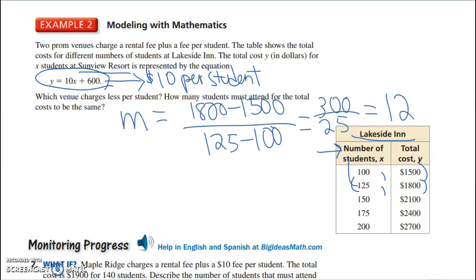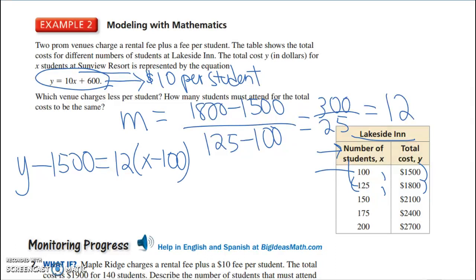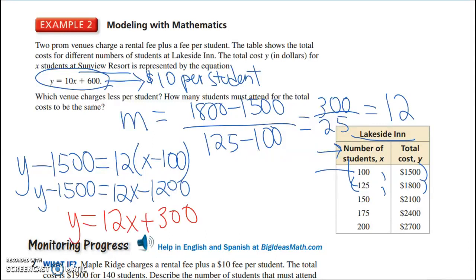So 300 over 25 equals 12, and now I'm going to use just the first point for my x1 and y1. So y minus 1,500 equals 12 times x minus 100. Distribute the 12 and add the 1,500 over to get your y equals. Now we have y equals 12x plus 300 for Lakeside Inn, so they charge $12 per student,